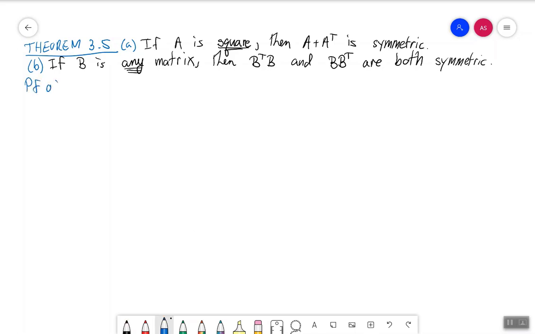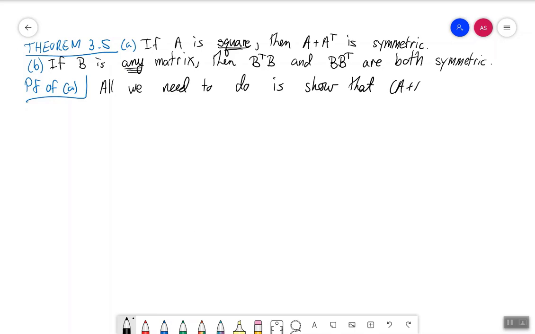Proof of the first part. All we need to do is show that the transpose of A plus A transpose is equal to A plus A transpose. That's what it means to be symmetric. So let's calculate that transpose on the left. The transpose of A plus A transpose,